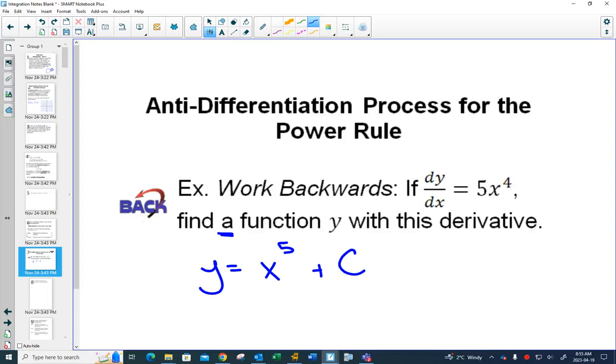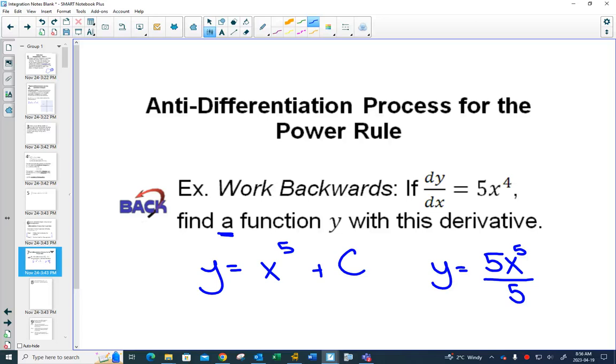But now if we use the process of working backwards, the last thing that we did was subtract 1 from the exponent, so the first thing that we should do is add 1 to the exponent. And actually we would just leave everything else the same and add 1 to the exponent. And then the second thing that we have to undo, because the first thing that we did was bring the 5 out in front and multiply it, we would have to divide by 5. And so the undoing process will be add 1 to the exponent and divide by the exponent.